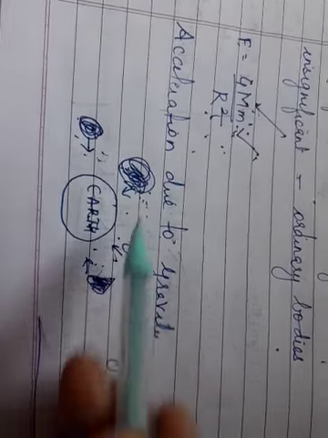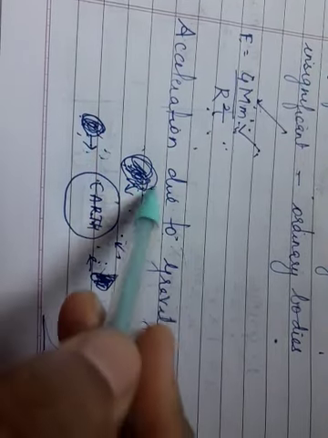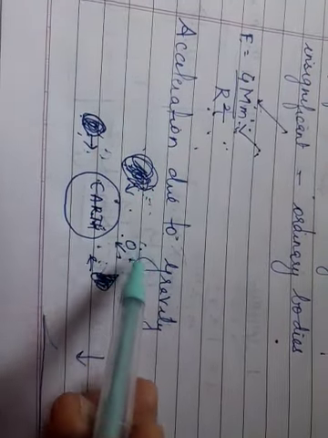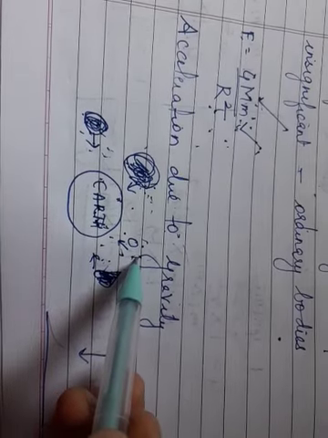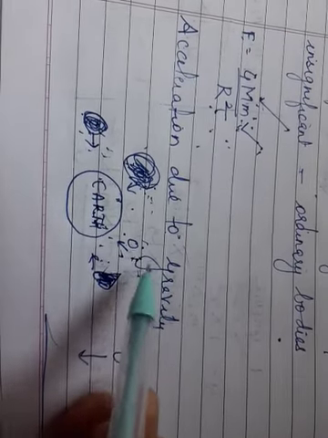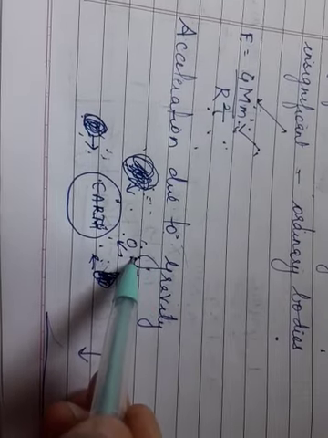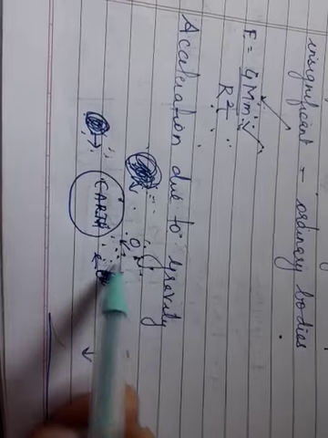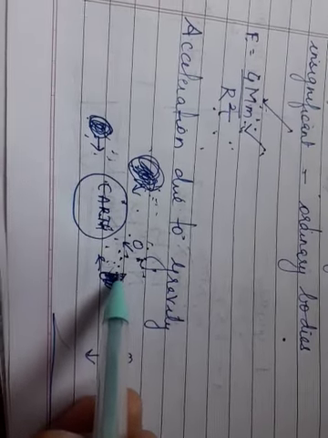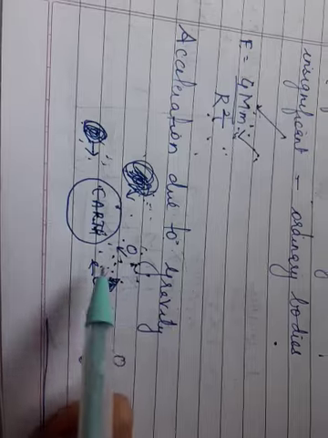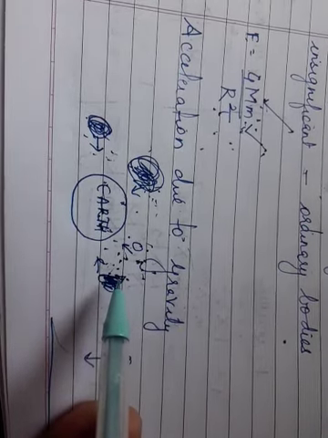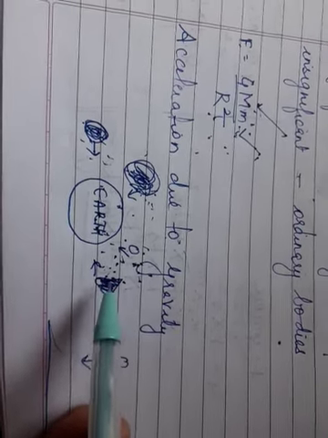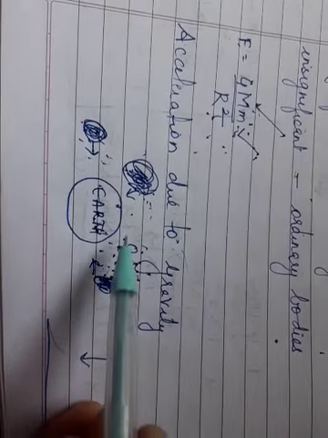Moreover, what did he find? That as the bodies are traveling towards the earth, their velocities keep on increasing at a constant rate. So if the velocity is increasing, there is a change in velocity per unit time. Change in velocity per unit time means what? It's the acceleration, right? The freely falling body is in uniformly accelerated motion, and this acceleration is the same for the bodies and is also called acceleration due to gravity.